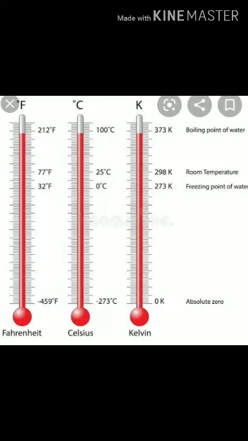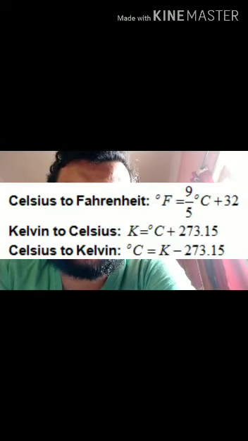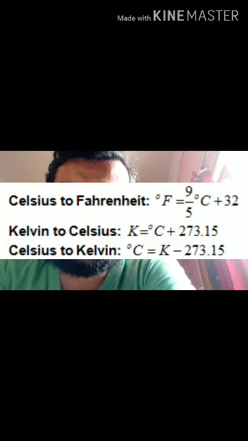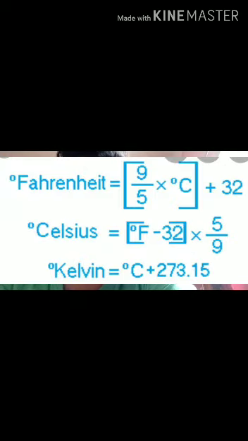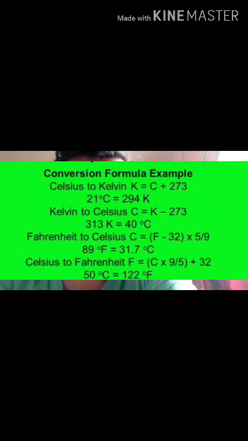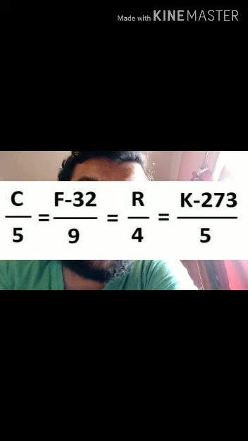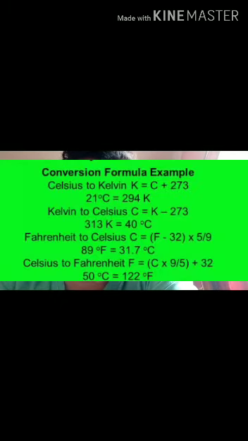Also you will see here that temperature in degree Celsius can be converted into degree Fahrenheit, or Kelvin into Celsius. The main formula is C/5 = (F − 32)/9. When we have to convert Kelvin to Celsius, we have to subtract 273, and when we convert Celsius into Kelvin, we have to add 273. These are the ways by which we can change the temperature from one form to